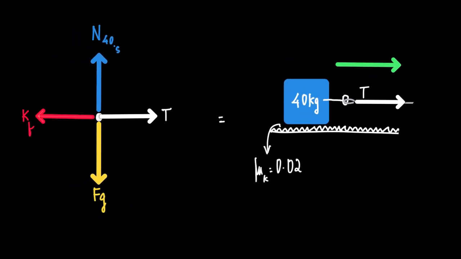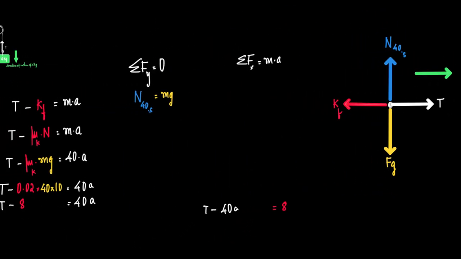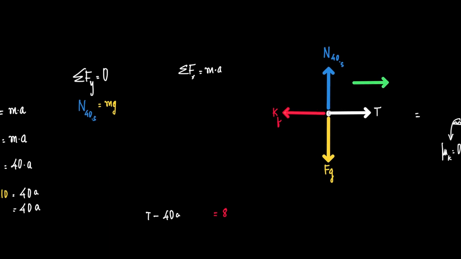So for the first body, we can draw a free body diagram and arrange the various forces acting here. So tension acting towards the right, weight of the body acting downwards, kinetic friction opposing the motion, and normal reaction on the 40 kilogram mass due to the surface, which would be N40S. And what is the direction of motion? The net direction of motion is towards the right. Now, keeping this in mind,